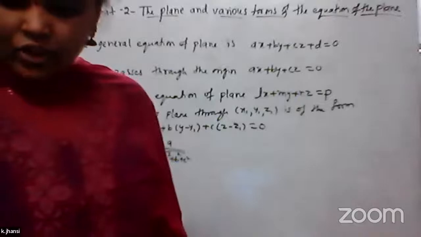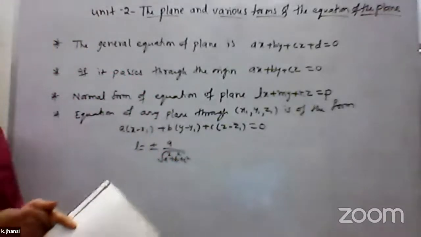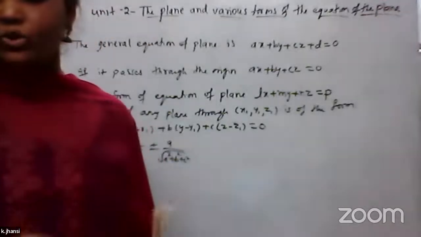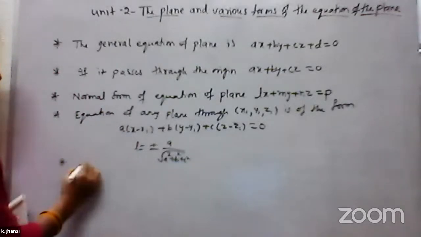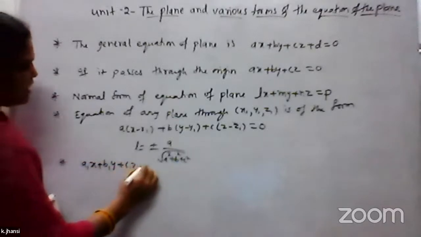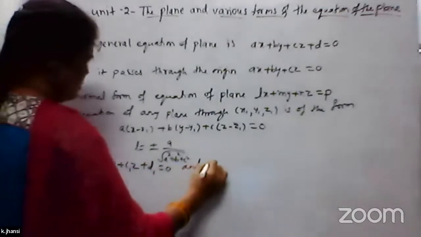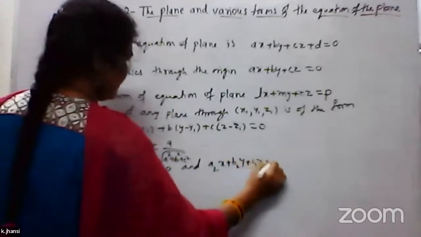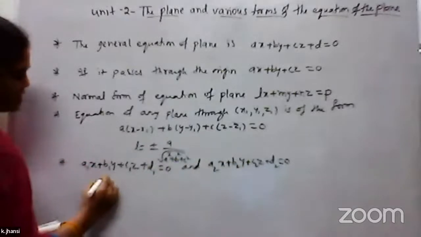So on whatever topics are there, you have problems. Similarly, if two plane equations are given, then the angle between any two plane equations is the same as what we saw in the first unit. That is a1x plus b1y plus c1z plus d1 equals 0, and if you have a2x plus b2y plus c2z plus d2 equals 0, then the angle between these two plane equations is